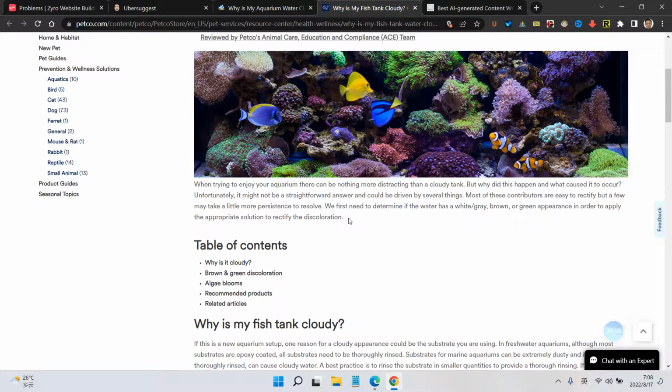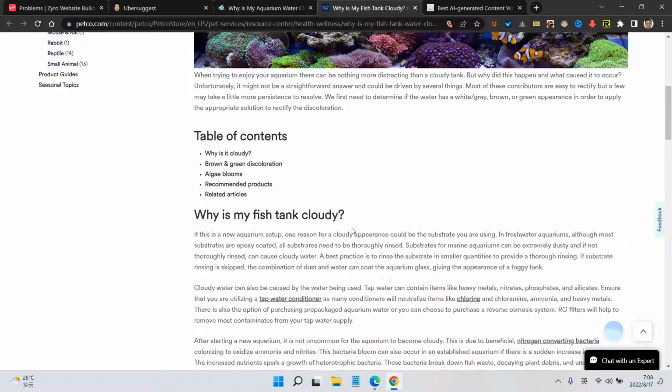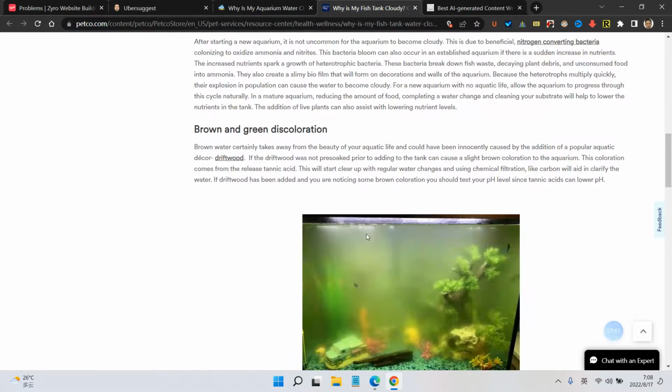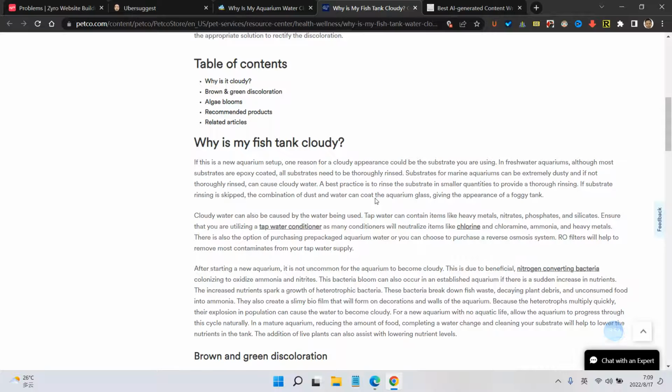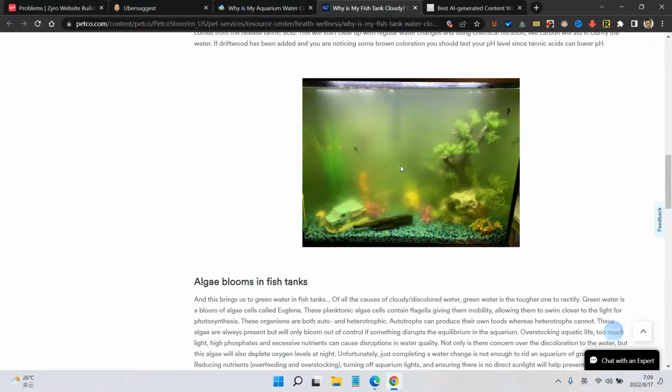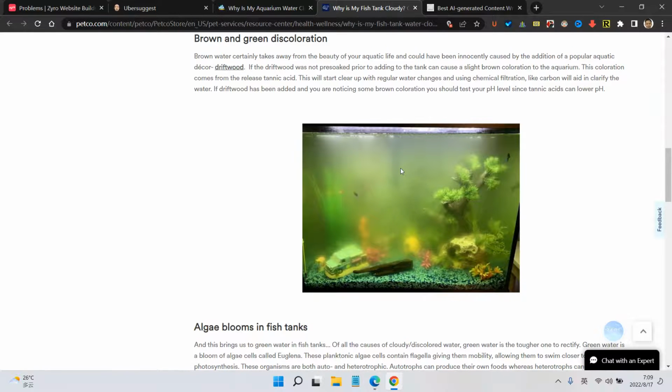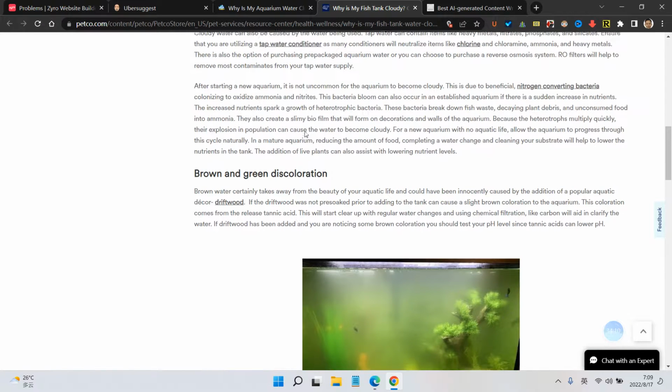They don't have videos, they don't have a lot of pictures, and they don't have a lot of separated topics, like subtopics, talking about why this is happening, what tanks, like 20-gallon tanks, huge tanks. So for a smaller tank, you use a smaller